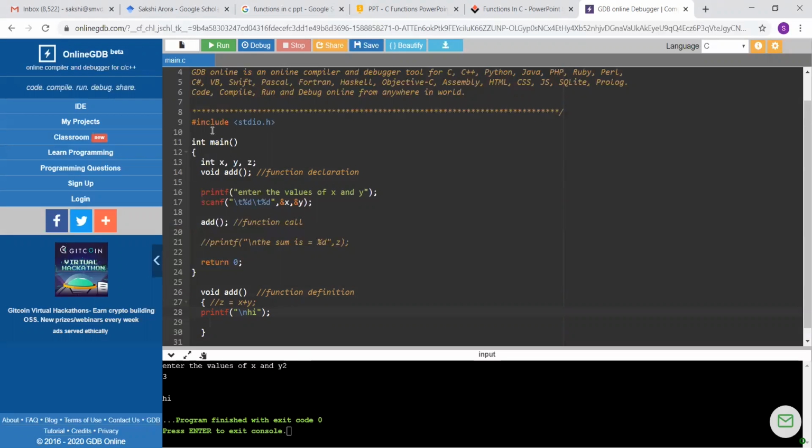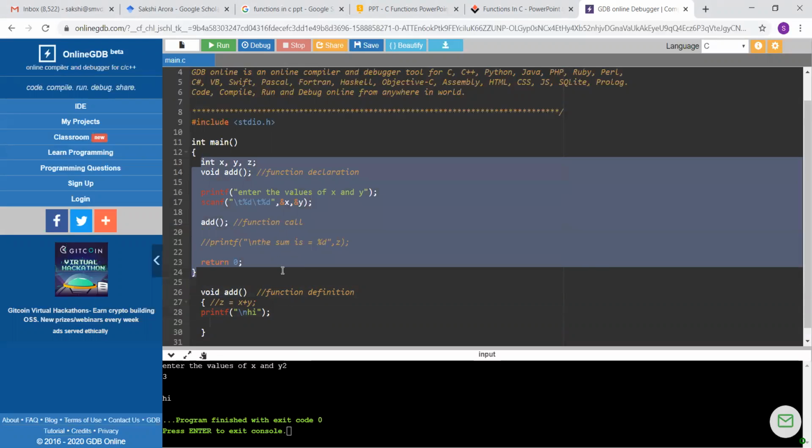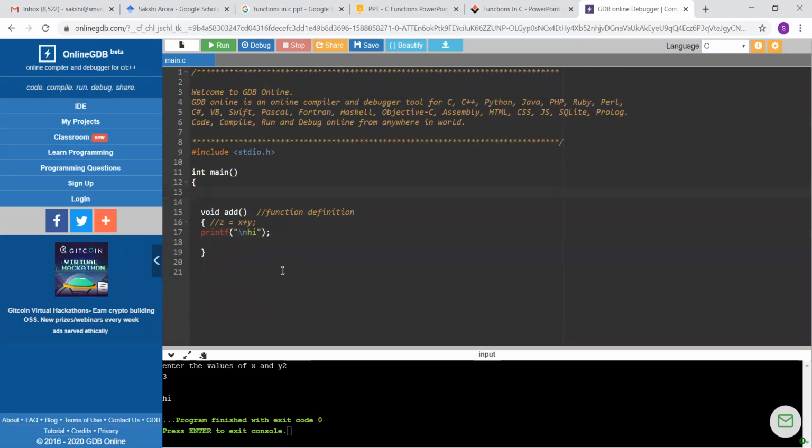So in effect, what have we done? We have simply tried to declare a function add, which is a void function. Okay, then we have called that function add.